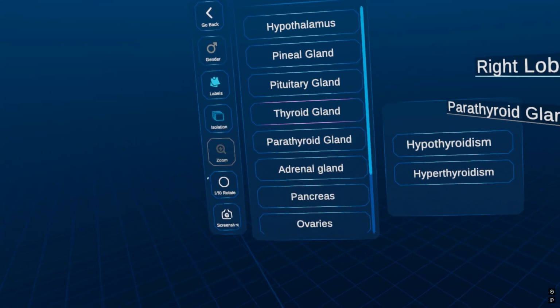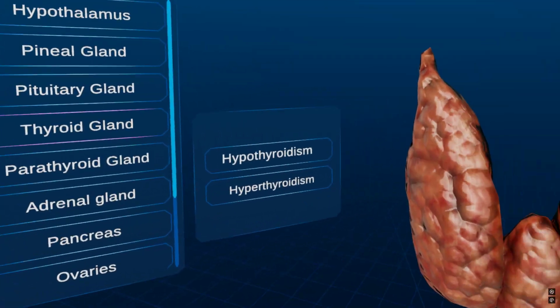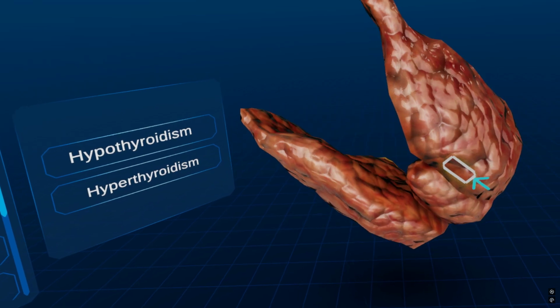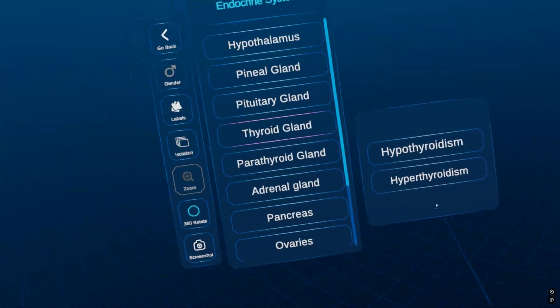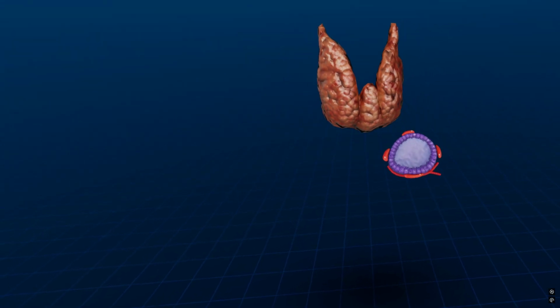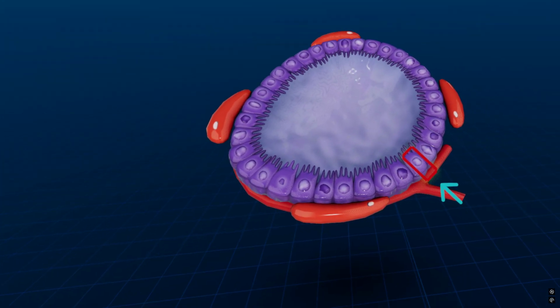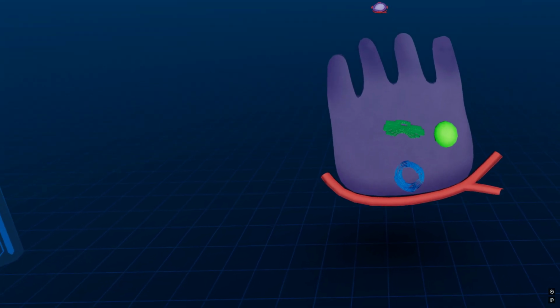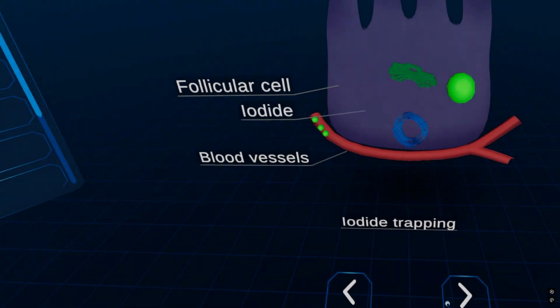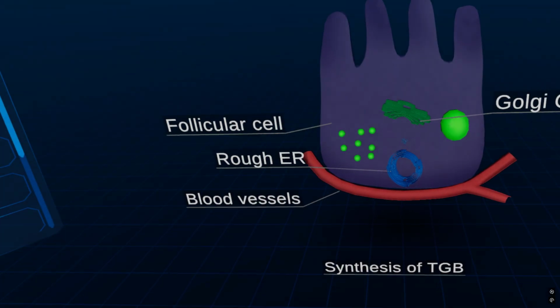The thyroid gland is a butterfly-shaped endocrine gland located in the neck, just below the Adam's apple. It produces and secretes two hormones, thyroxine, T4, and triiodothyronine, T3. Thyroid gland is the only endocrine gland with iodide trapping. Iodide ions are used in the synthesis of thyroglobulin,